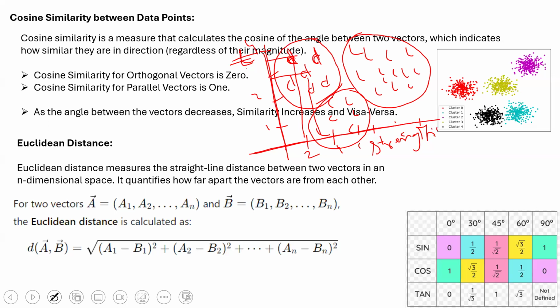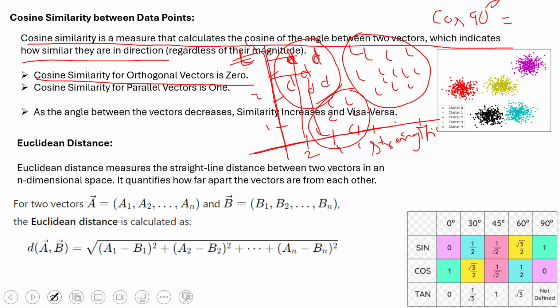How do we cluster those points? By taking the cosine similarity between 2 points, to see how similar they are. The cosine similarity for two orthogonal vectors is 0, and the cosine similarity of parallel vectors is 1. Look at these two statements again. Cosine similarity is a measure that calculates the cosine of the angle between two vectors, which indicates how similar they are in direction, regardless of the magnitude. It doesn't consider magnitude. Cosine similarity of orthogonal vectors is 0 because cos 90 is,